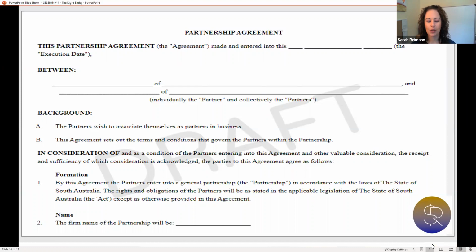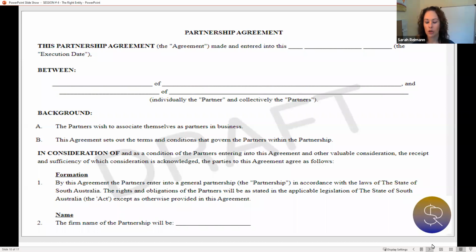A written partnership agreement is not essential for a business partnership to exist. It's a very good idea though. This should outline how income and losses will be shared. As you can see on the screen, this is a small example of a partnership agreement, a legal agreement. It should outline the income and losses that will be shared amongst the partners and how the business will be controlled. This sort of thing can prevent misunderstandings and disputes about what certain individuals are entitled to receive from the income of the business.